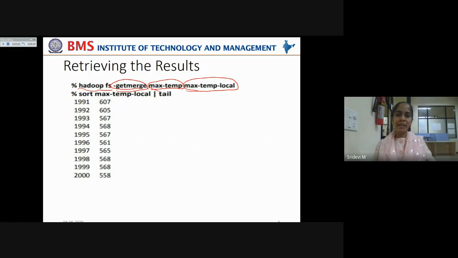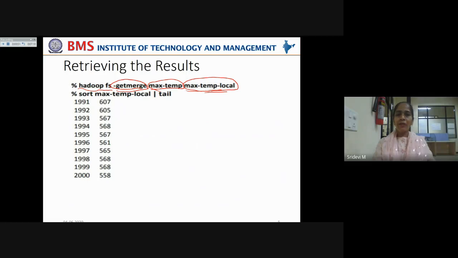I'm repeating once again, you're using the hyphen getmerge command with Hadoop file system, and you're reading it from the max temp directory, that is the file path to which the reduce has written the output, in different part files. Now that is being merged into a local machine's file, that is max temp local.